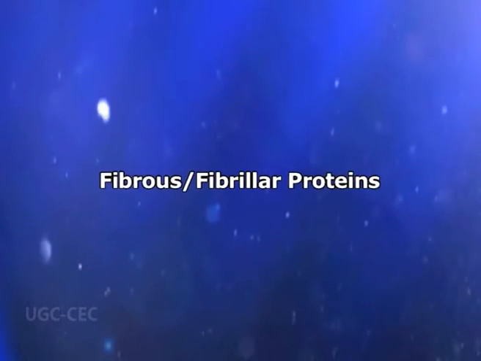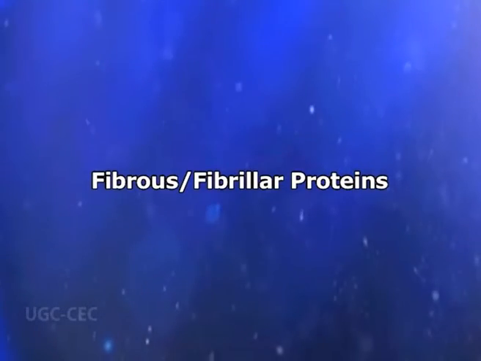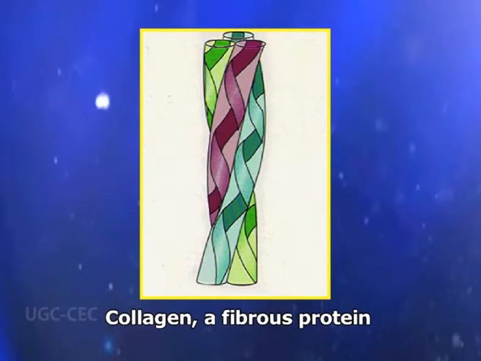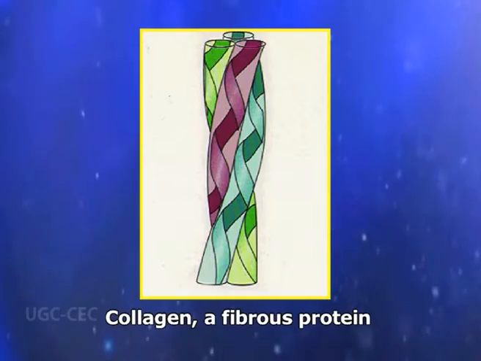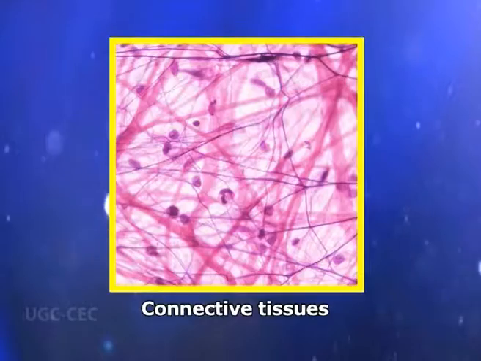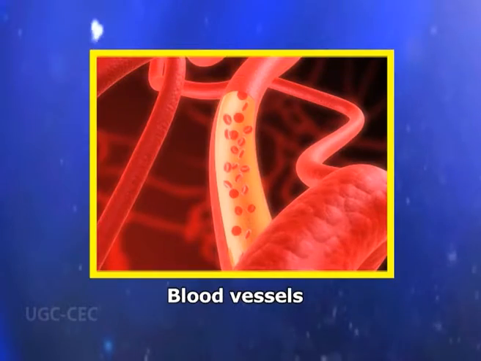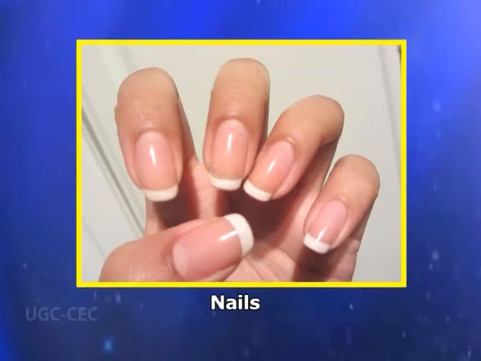The second to be discussed is the fibrous or fibrillar proteins. They possess long ribbon or fiber shapes. They are mainly of animal origin and are insoluble in all common solvents such as water, dilute acids, alkalis and salts, and also in organic solvents. Most fibrous proteins serve in a structural or protective role. It is a heterogeneous group and it includes the proteins of connective tissues, bones, blood vessels, skin, hair, nails, horns,